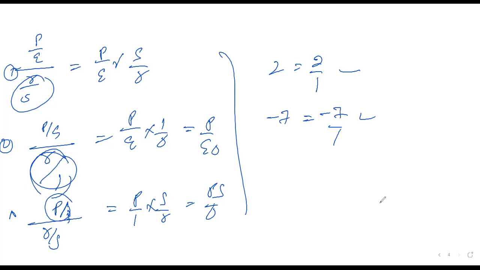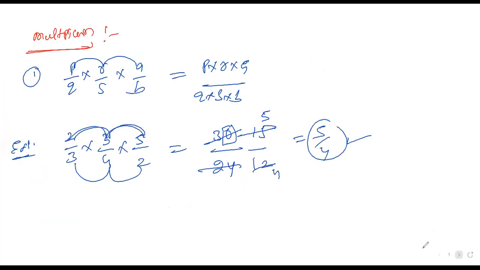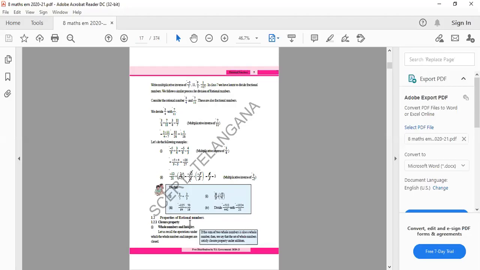I can do it out. So the division part is very clear. Multiplication and division are clear. I think no doubts at all. Clear? Okay. Now we will switch to your textbook. These are the division and multiplication cases, and how things are going to happen. Now you need to concentrate on that.